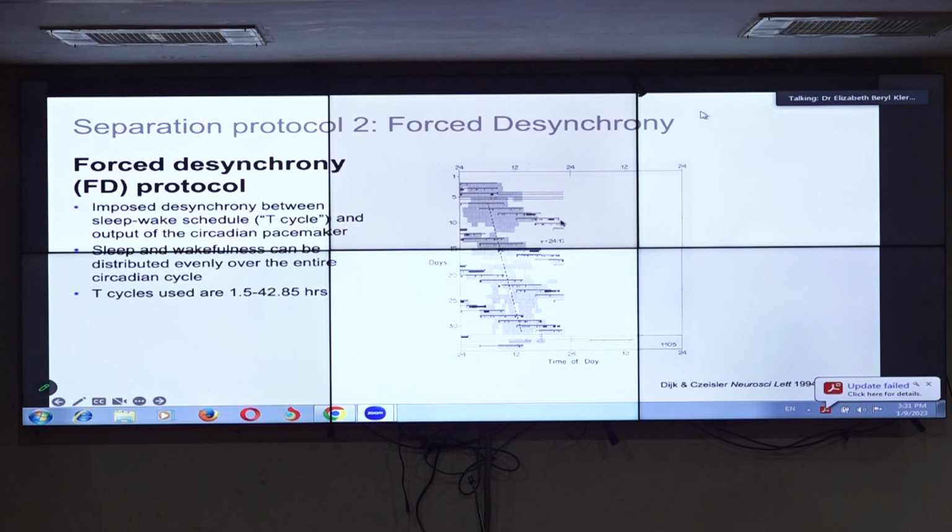And I'll get back to that in a minute. And then these gray barriers are when core body temperature is low. So what we usually do is what's called double plotting it, so that it's easier to see what happens across this midnight boundary. This is the same as this, because I've now plotted it here, and again here, and here, and again here, but now we can more easily see what's happening.